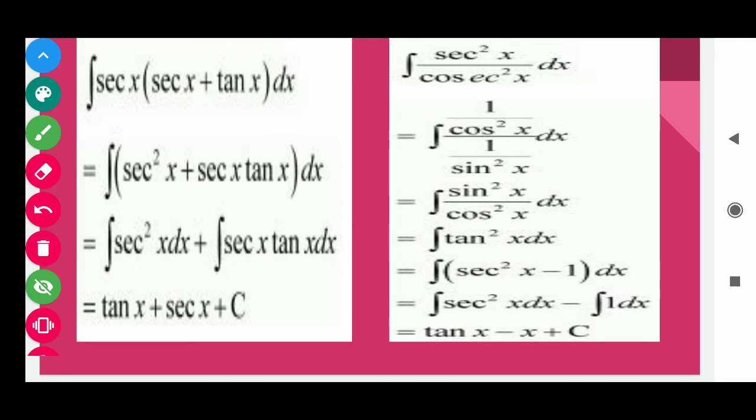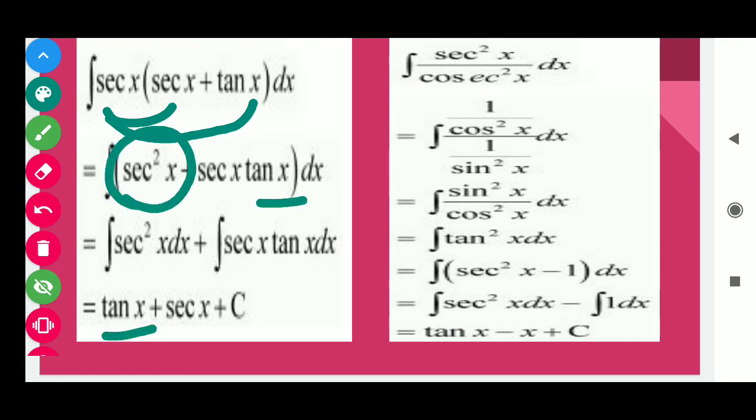So students, अब हम इसका integration करेंगे. First multiply secant x with both the terms. In this way we get secant square x plus secant x into tan x, and integration of secant square x is what? Tan x. आप स्टूडेंट्स डेरिवेटिव्स का टॉपिक कर चुके हैं. डेरिवेटिव ऑफ tan x is secant square x. So integration is the reverse of the derivative. So in this way we get the tan x, and integration of secant x tan x is secant x plus c is some constant. Next, here we have the integration of secant square x divided by cosecant square x.